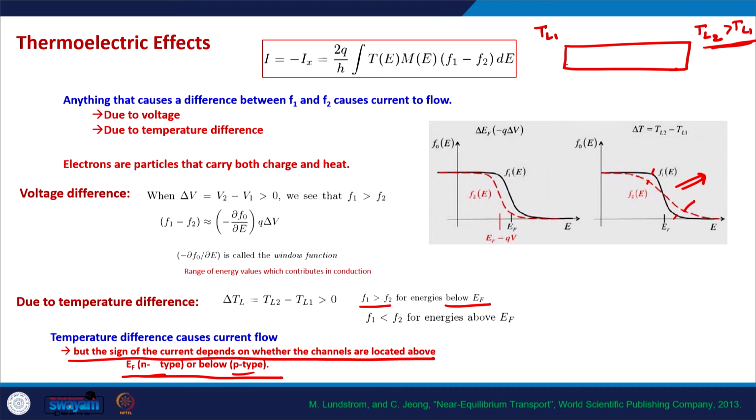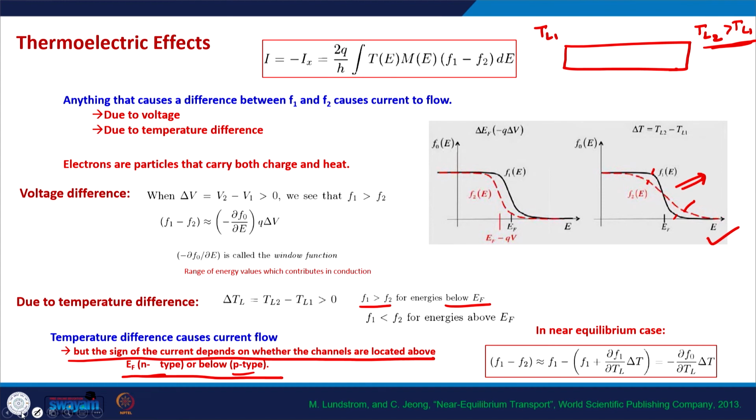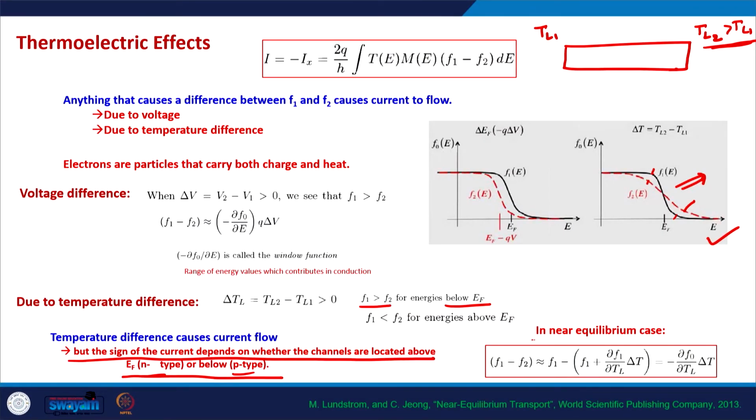So, just go back and try to see the directions just from this plot of Fermi function. Let us do a bit of maths here. In the case of temperature difference, the 2 points of the conductor are at different temperatures. In the near equilibrium case, which means the temperature difference is very small, this forcing function in the current, F1 minus F2,